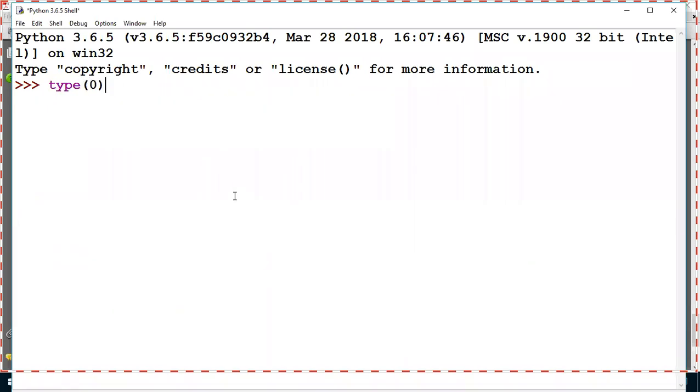So this time you know 0 is an integer, because integers cover the negative part, the positive part, as well as 0. Everything is there, including 0. Then press the enter key. So 0 is an integer number. So it belongs to class int. Clear?